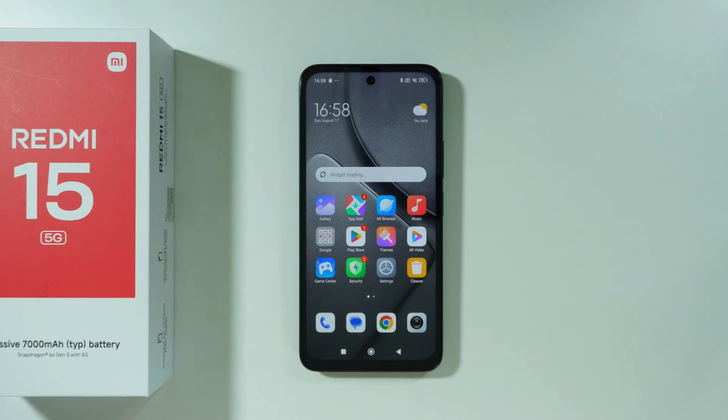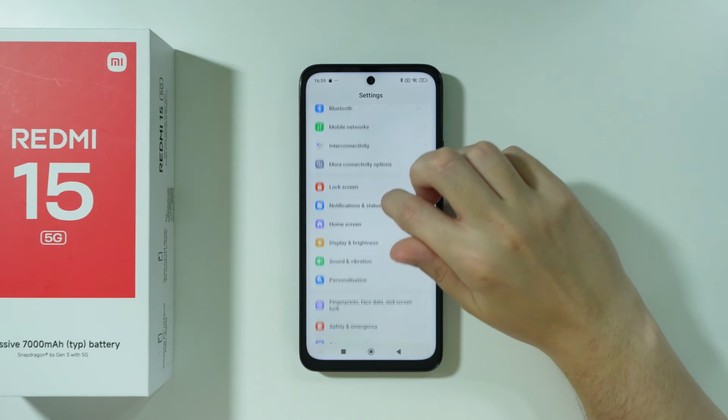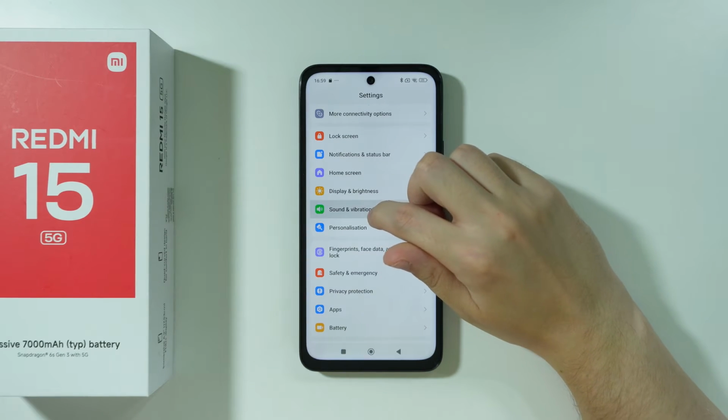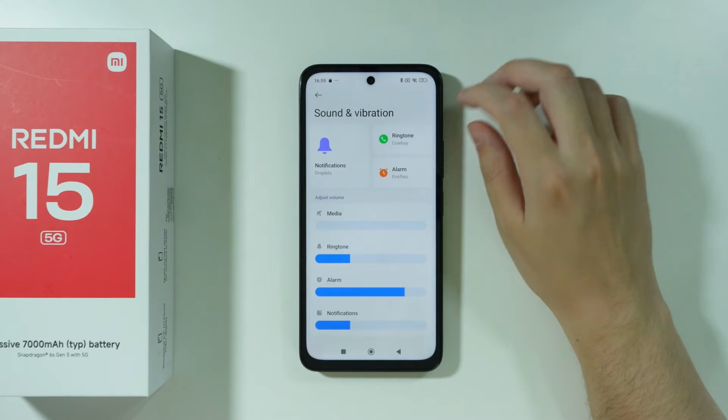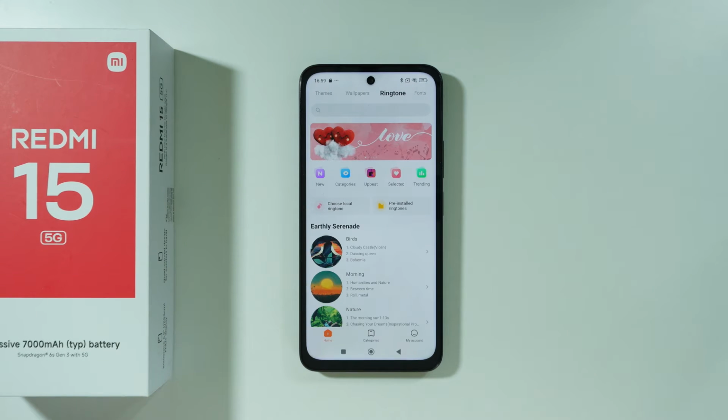If you want to set a song as a ringtone on a Redmi 15, first of all, we can open Settings. Now we're gonna scroll down a little bit, and we need to find Sound and Vibration. Once you go here, open a ringtone, and you should be able to open the theme app with the ringtone